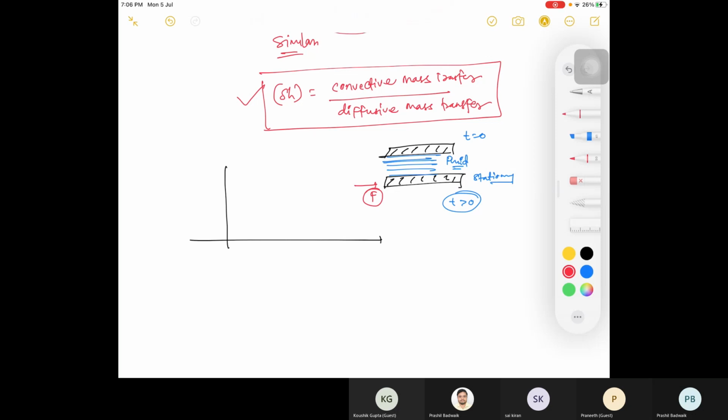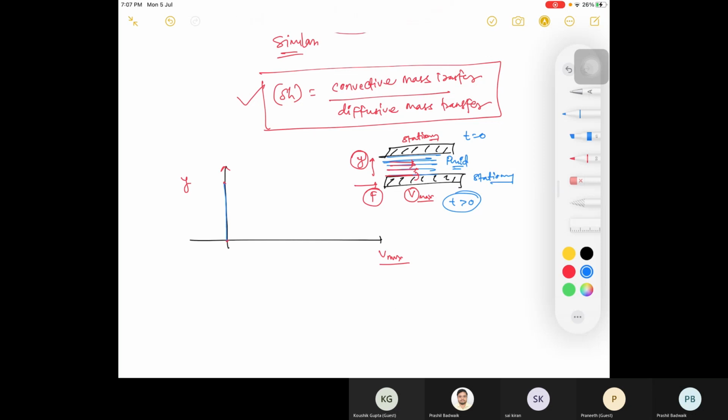Your lower plate will move with some velocity v. That will be maximum velocity. And in this case, upper plate is stationary. Earlier both were stationary. Now what did I do? I moved the lower plate with velocity v. So your fluid at this plate will try to move, right? So suppose here it is y, this distance, and this is your velocity. So you have zero velocity at time t is equal to 0. Both surfaces were the same. This was your velocity profile.